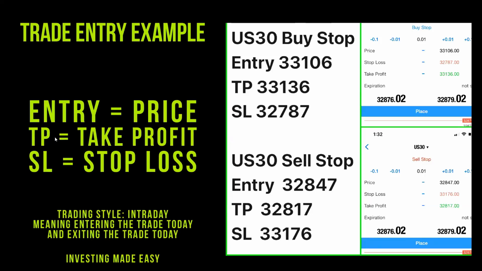Your TP means take profit, okay? You're going to take those TP numbers, 33136, and you're going to put them where it says take profit in that line there. Now, when you tap this section here, some default numbers may pop up. Just erase those numbers and put the correct numbers in there, okay? On take profit. SL means stop loss. You want to take the numbers under SL, okay? And you want to enter them in the line where it says stop loss.